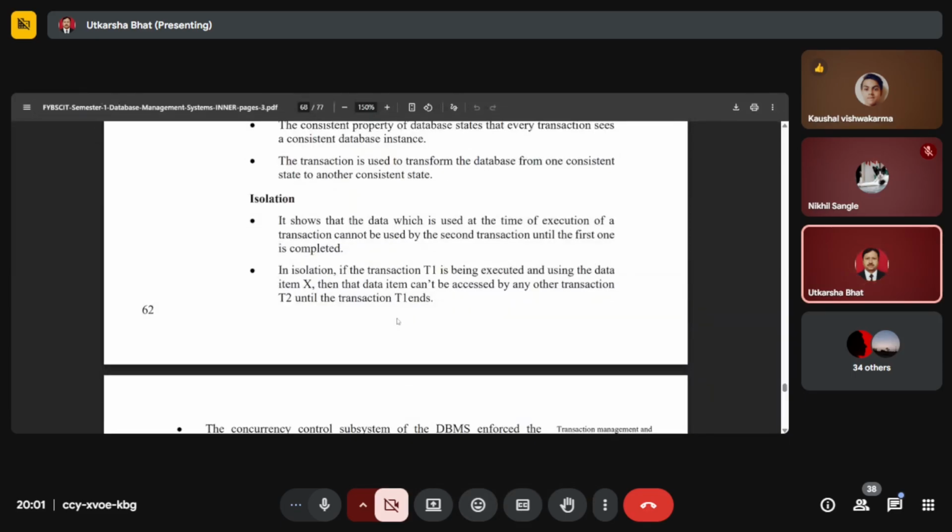Isolation. It shows that the data which is used at the time of execution of transactions cannot be used by second transaction until the first one is completed. बहुत सारे ट्रांजेक्शन आते हैं तो एट अ टाइम नहीं होते, वो वन बाय वन एग्जीक्यूट किए जाते हैं। जब तक पहला ट्रांजेक्शन कंप्लीट नहीं होता है तब तक सेकंड को वहाँ पे एंट्री नहीं होती, मतलब प्रोसेस नहीं होता है। इन आइसोलेशन, अभी जैसे प्रिंट करते हैं आप, एक पेज दिया, 10 पेज दिए, 100 पेज दिए, तो एट टाइम 100 पेज आते हैं क्या? वो नहीं आती। तो पहला पेज आता है, फिर दूसरा, तीसरा, चौथा, ऐसे करके आपके 100 पेजेस आते हैं।